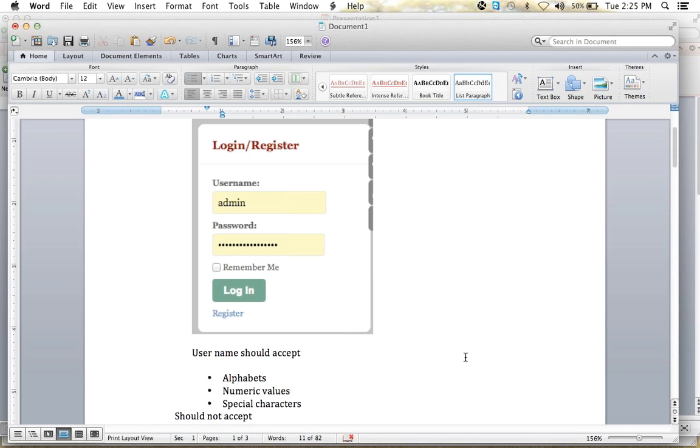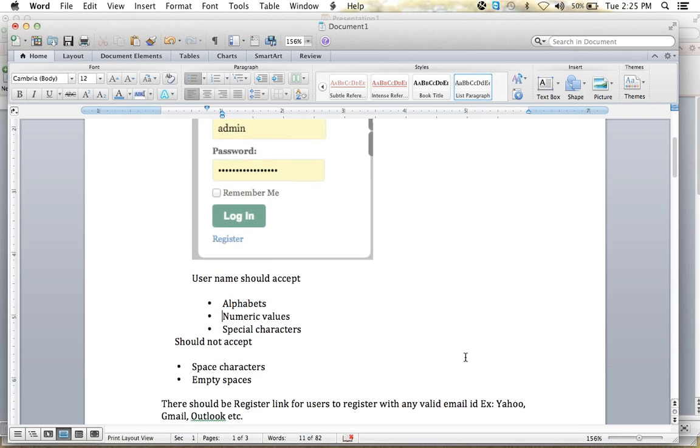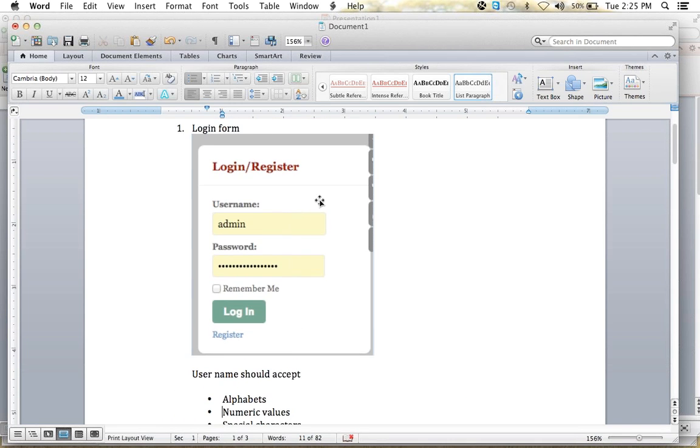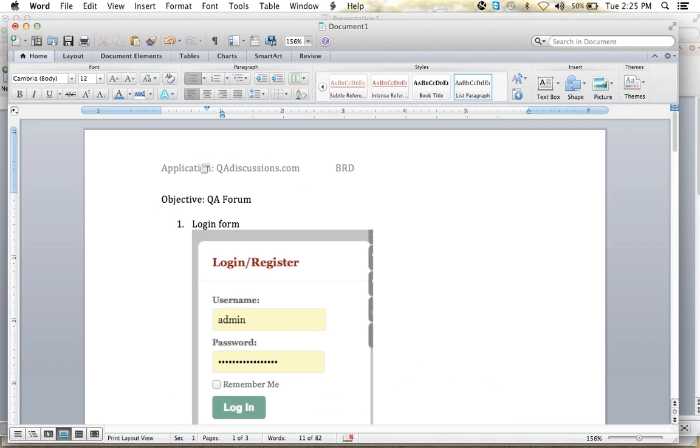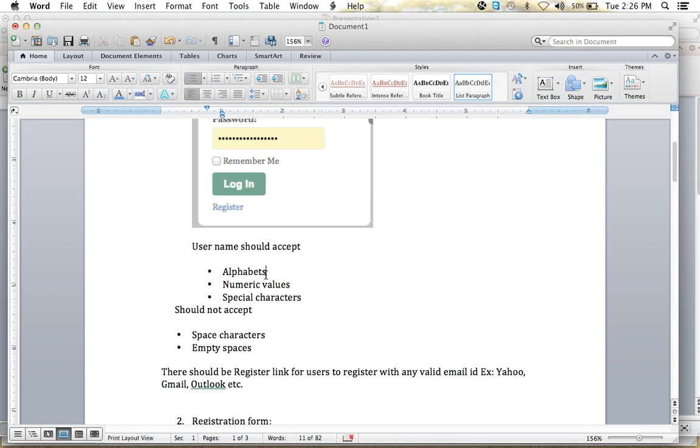So what we do as a tester, we also take the BRD document. For us, it is enough if we are able to see some screenshot. This is for reference. If we know the username should accept alphabets, then we can write a test case for this, to check whether it is accepting or not. We'll just write a title, give some steps, and give some URL. We know the URL, right? They already gave the application URL. So we'll go ahead and write the test cases. The BRD document is very important. We need to study the BRD document very thoroughly, and only then prepare a defect. If we feel anything is wrong, then we have to do that.